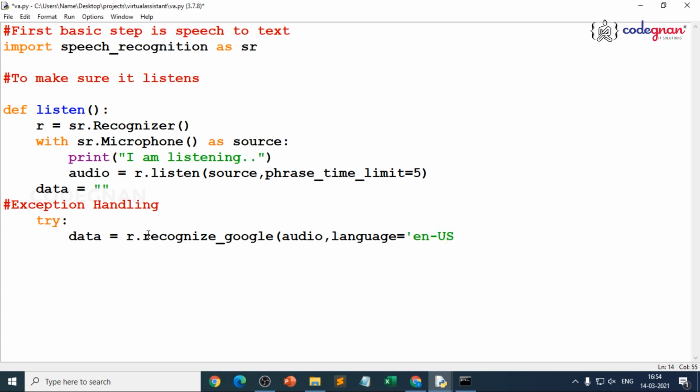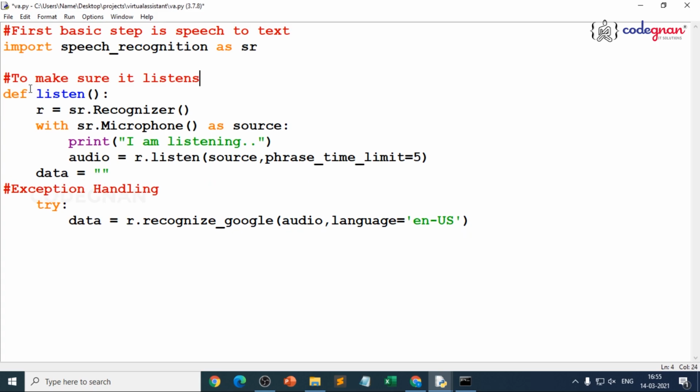English US. You can give customized languages. That's how you can make sure your virtual assistant can understand other languages. Just try with that. That will be your task where you make the projects as real time. That's how the word real time. It's not about simple projects or real time projects. It's all about how you take a use case and build some products. That's how the real time things work.